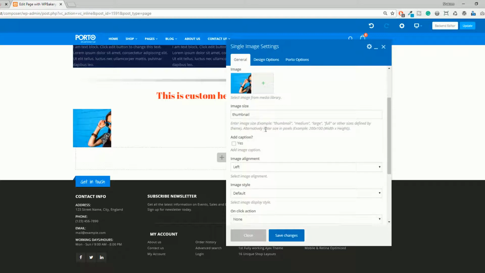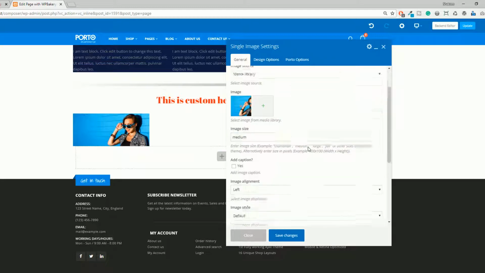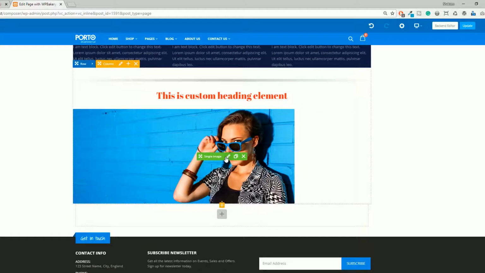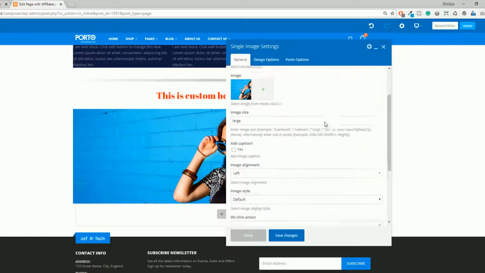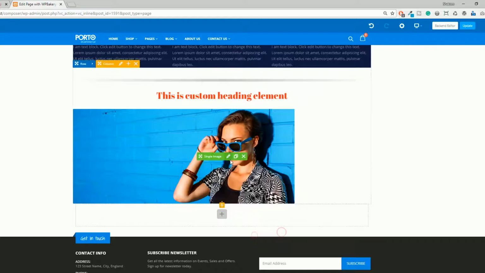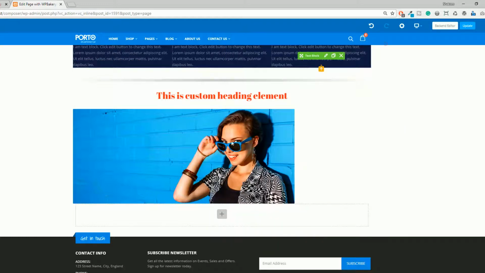Just click, added this single image settings, just copy the medium, paste here medium, save, close. So as you can see, this is the medium. Or click on the large, so this is the large, save, close. This is a large. If you are saying that full, so this is the full width of the image. So it already depends upon you. In this way you can add the